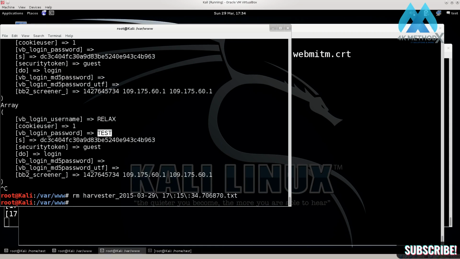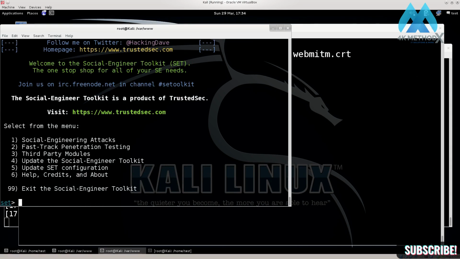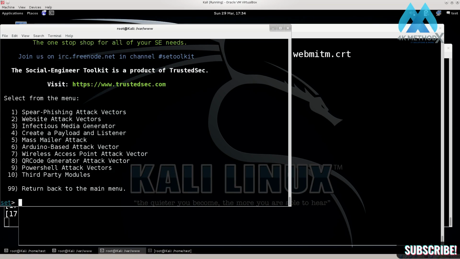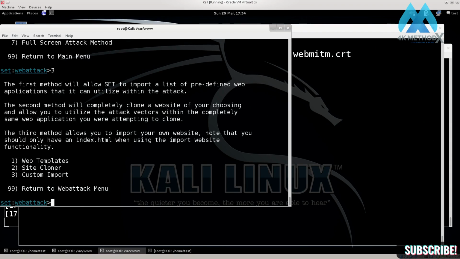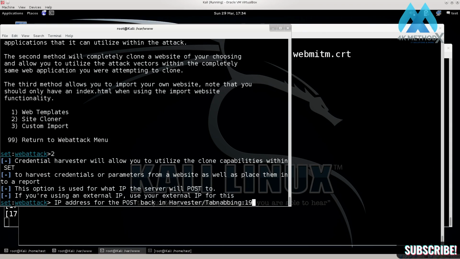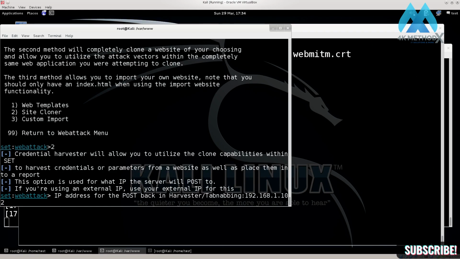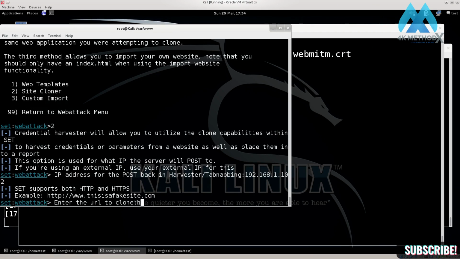So remove the harvester, set toolkit. Just do this really fast. Social engineering attacks, website attack vectors, a credential harvester, site cloner, 192.168.1.102, http://